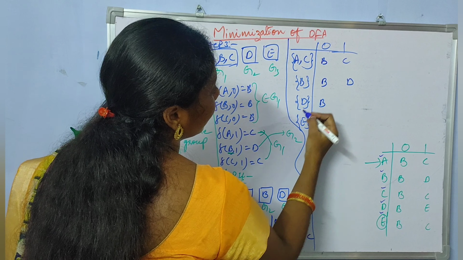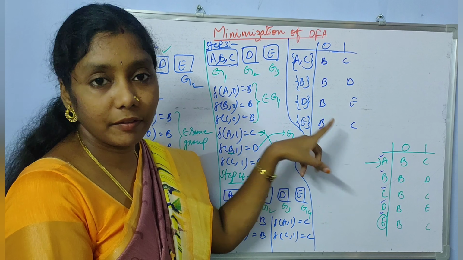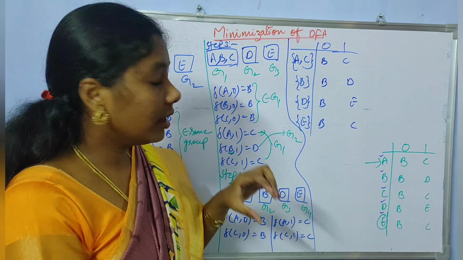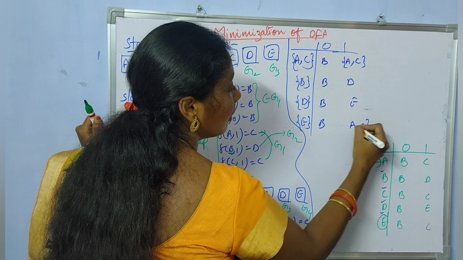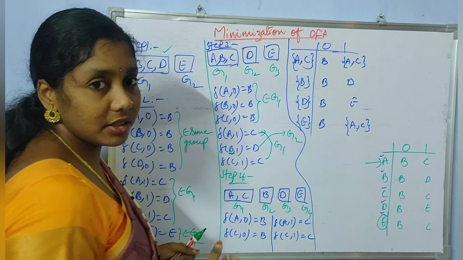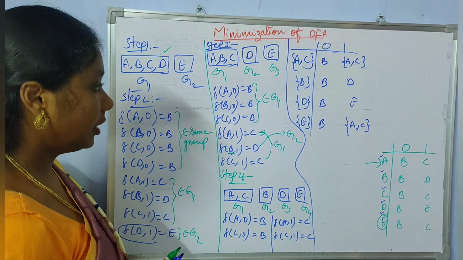Okay. So here we are not having the state C separately. So here in these two places we are having C. But in our reduced, minimized DFA, we are not having C state separately. So whenever you are having A or you are having C, we need to consider this common state. So instead of C, here I need to write A comma C. So this is the state I am having. I don't have state A separately, I don't have state C separately. So whenever I get C, I need to write A comma C and I am treating it as a single state. So let us construct the DFA from this transition table.